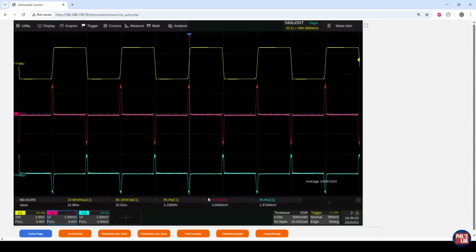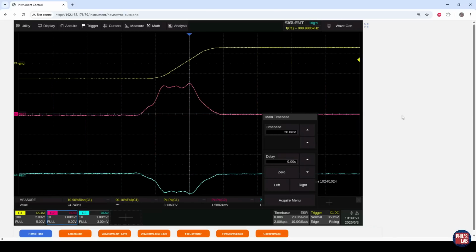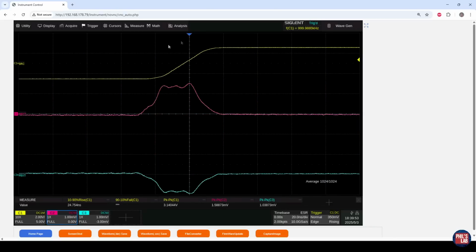Also looking at the peak-to-peak measurements currently, we are getting very, very small values because these traces are so far apart, because our rise times are small and our frequency content is small in the aggressor trace. We will be playing around with this in just a second. For now, let's initially just zoom in on one of these rising edges of our trigger waveform. So I'm going to change my time base down to 20 nanoseconds per division,